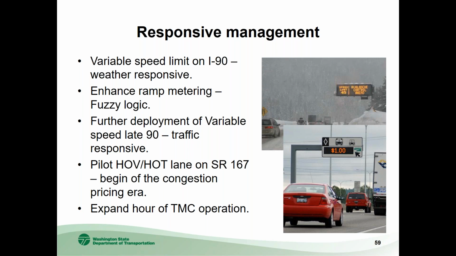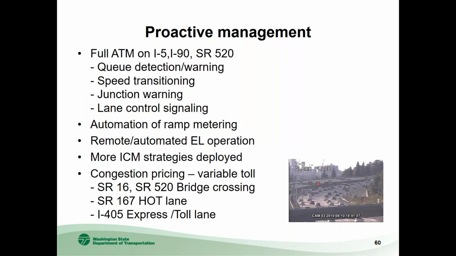And also during this time, we started congestion pricing as a pilot project on SR-167, and that's kind of the beginning of the congestion pricing era that later on would expand further into other routes. TMC also expanded the hours during those times. So in 2010 is when we fully matured into what we call proactive management, and during this time, we started the full ATM project on I-5, and this system was turned on in October of 2010. It has pretty much all of the strategies that we could think of at that time: queue warning,